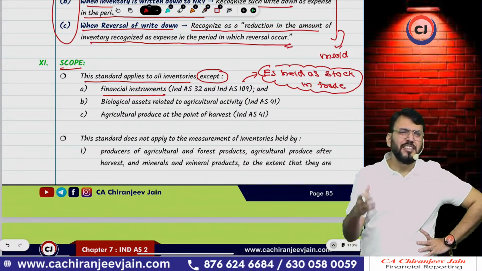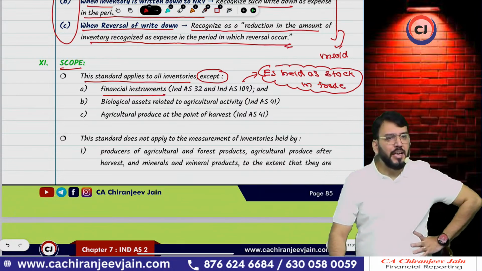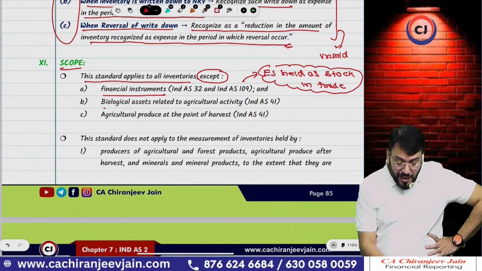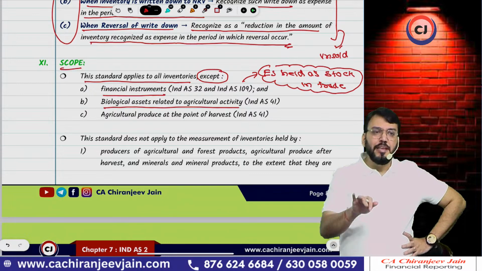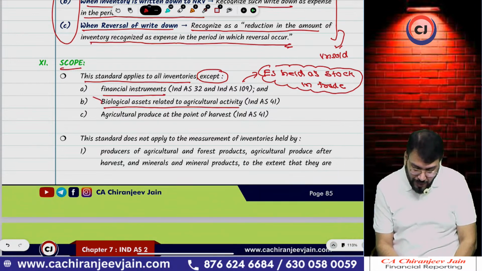It can be any other instrument also. Then biological asset related to agricultural activities. So biological asset means living animal and living plant. Right? Biological asset means